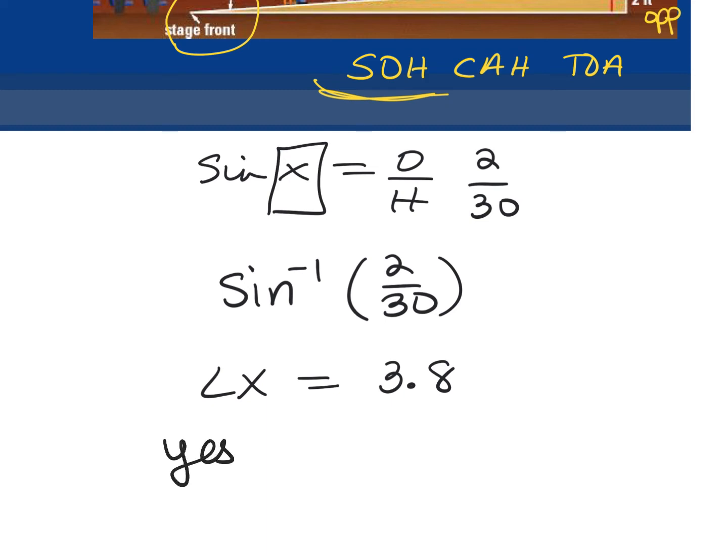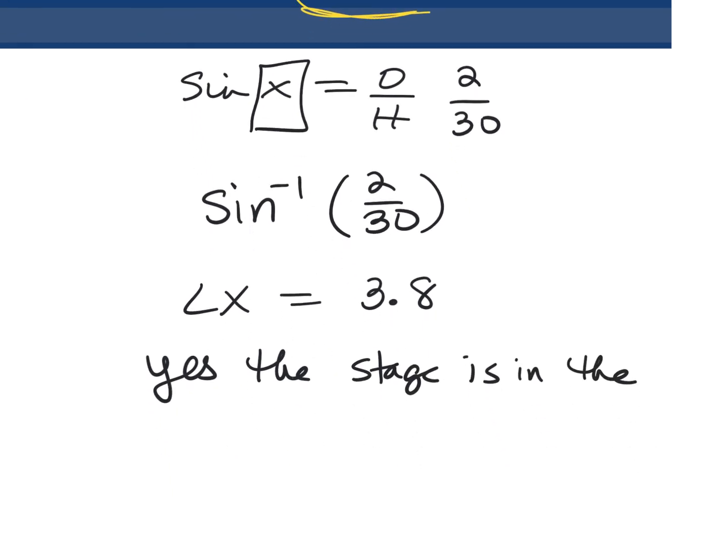So yes, the stage is in the desired range. So that angle on the stage is in the desired range of less than 5 degrees, or 5 degrees or less. All right, now I'm going to add, so this is the last slide, but I'm actually going to do